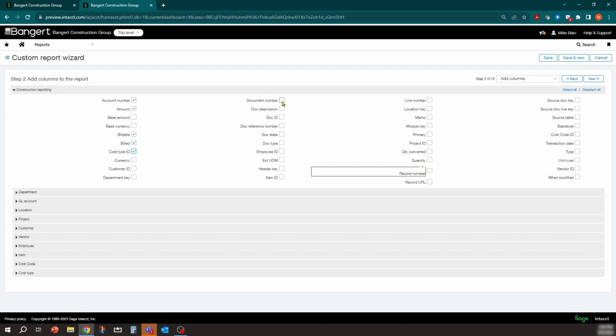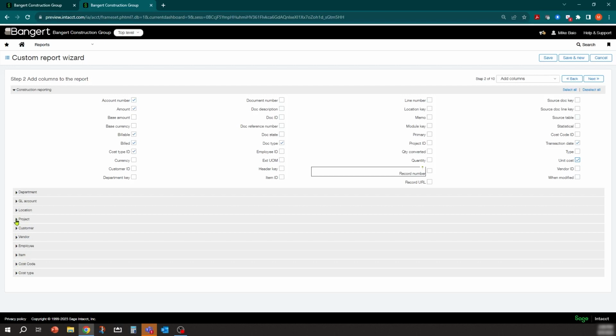Who's the customer? Things like document type, which is a big field here. So this would be like estimate, transaction, or AP bill. Okay, things like that you can get at now. And not only that, transaction date would be another big one, unit cost. So you can pick the fields you need, but also expand on any dimension in the system.